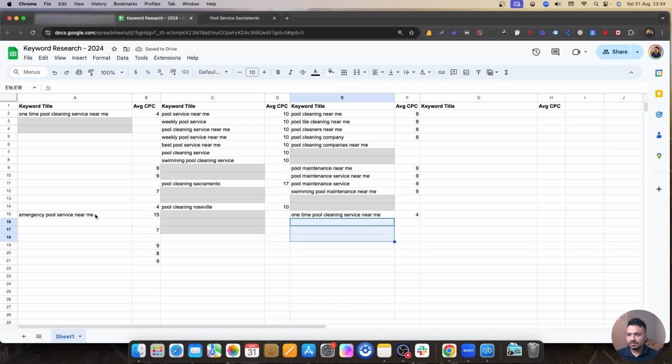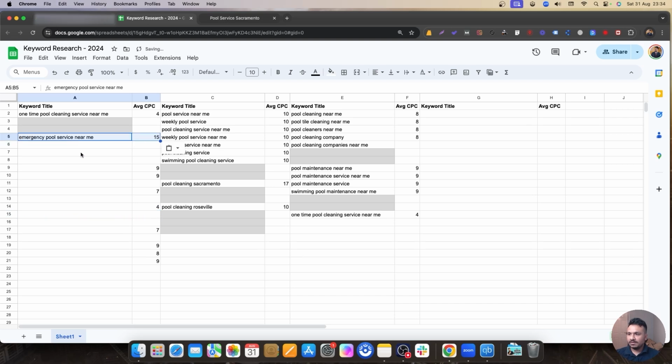Finally, emergency pool service having its own ad group will be 15. I could easily put it under the pool service near me ad group, but because it has a higher cost per click, if I do a single keyword ad group and create super relevant ads based on this keyword, the average CPC will go dramatically down. So that's pretty much how I do